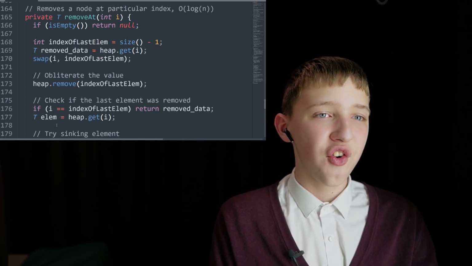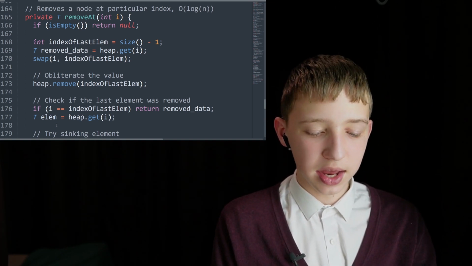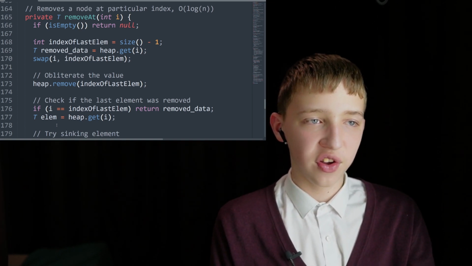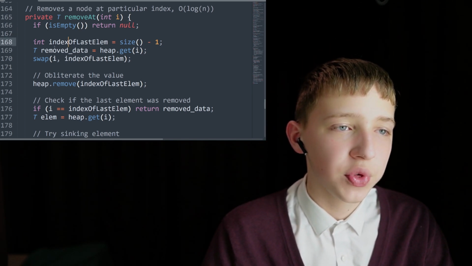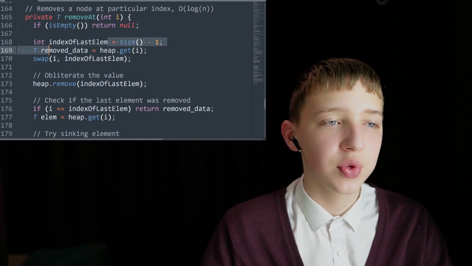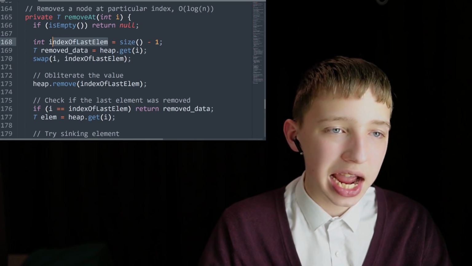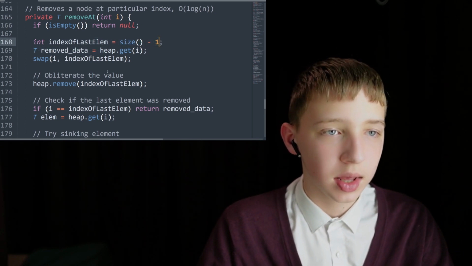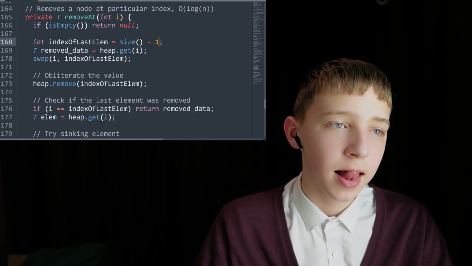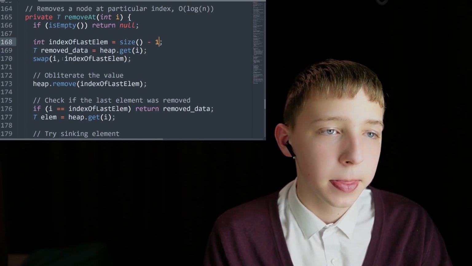That is of course faster than linear, and it would be pretty fast. And now we're declaring the index of the last element variable equal to size minus 1, the size of the heap minus 1, and now we are